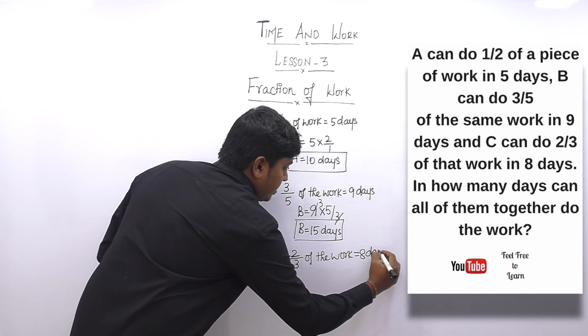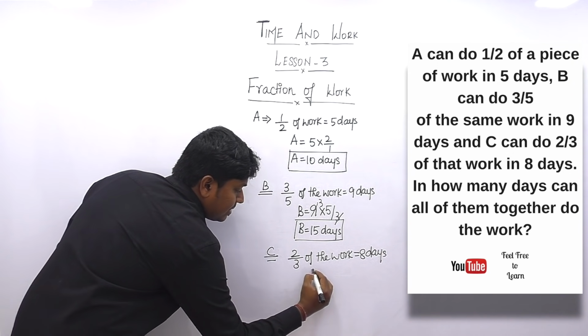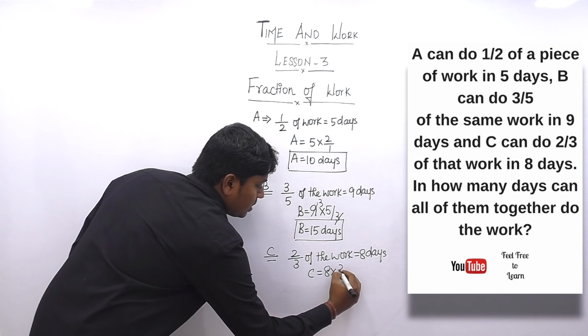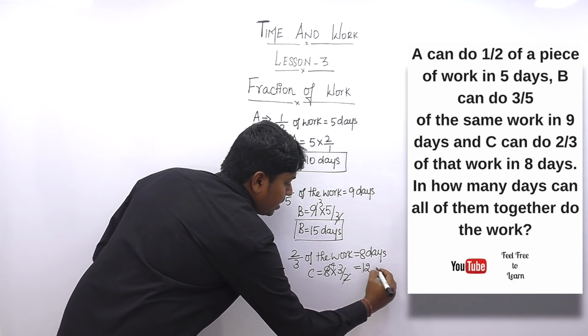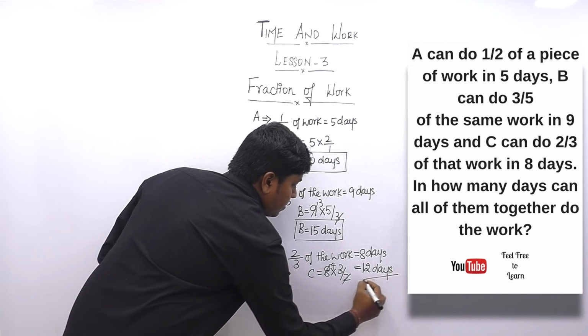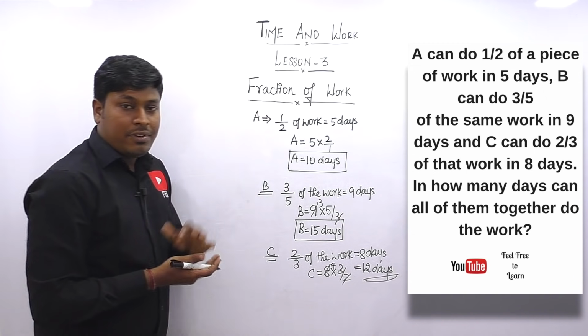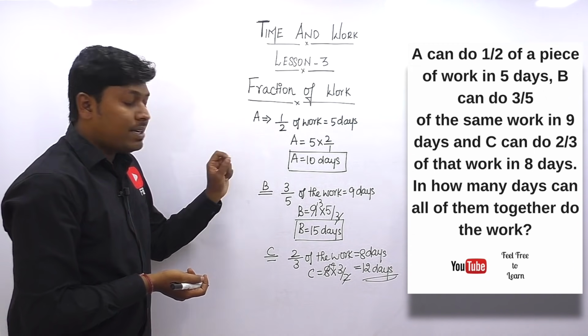So in 8 days, we can say that C alone took 8 into 3 by 2. When you cancel, this becomes 4. So 4 into 3 will be 12. So friends, finally by using all the given points, we can say that A alone will take 10 days to